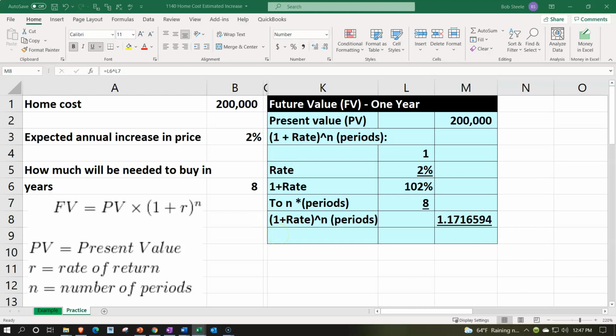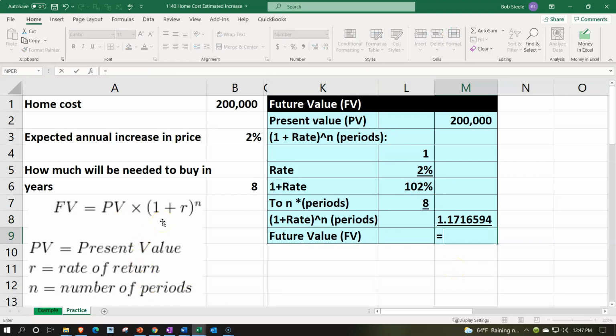And then we're going to say that this is going to be then the end result. Let's get rid of this year 1. That's not necessary. So then we can then multiply this out. So we got the two components here. So let's multiply this out. This equals up, up, up, up, up, 200,000 times the 1.171659.4. And that keeps on going on forever in Excel, by the way. But we're rounding it, getting us to that 234,